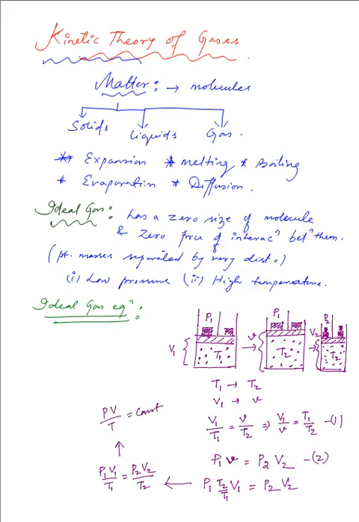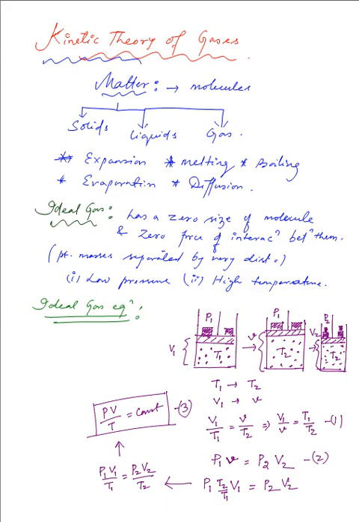and this obviously means that PV by T is equal to a constant, and this is the case of the ideal gas equation, and the constant on the right hand side is the ideal gas constant. The gas constant has a value, and we'll be obtaining that. This is equation 3, and if we are applying that to 1 gram molecule or 1 mole of a gas, then the constant that comes up is known as the universal gas constant.